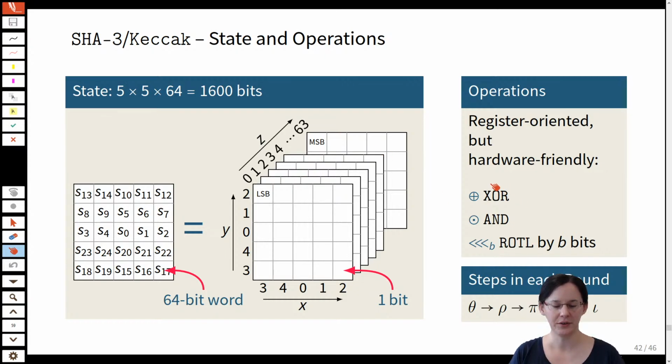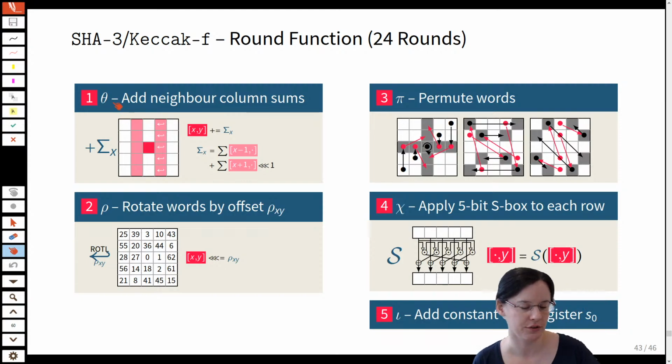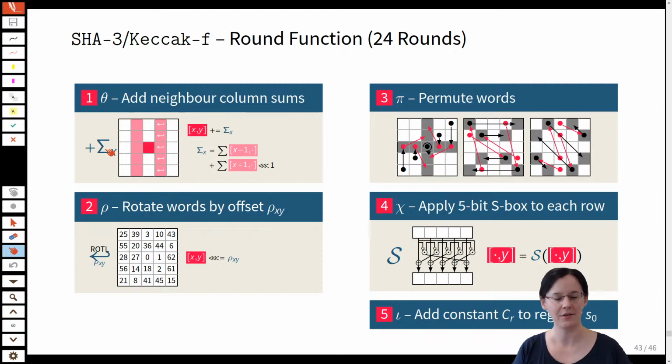And the bad news is that while the individual operations are a bit easier, the full thing is a bit harder to understand. So for one thing, you have 5 intermediate operations, and they're conveniently labeled by Greek letters. So we have the theta step, the rho step, the pi step, the chi step, and the iota step. Very easy to remember. So what do these steps look like? Let's first look at the linear steps. So we now have several linear steps that try to diffuse along the individual axes of the